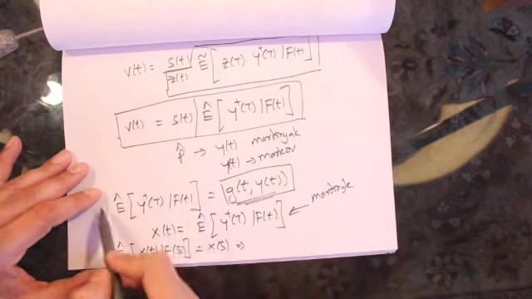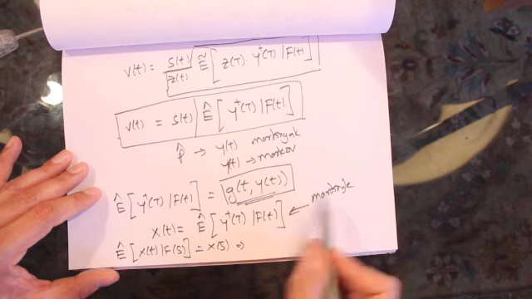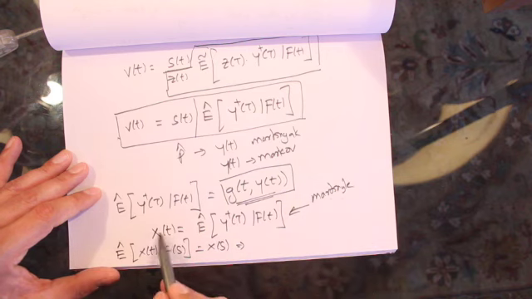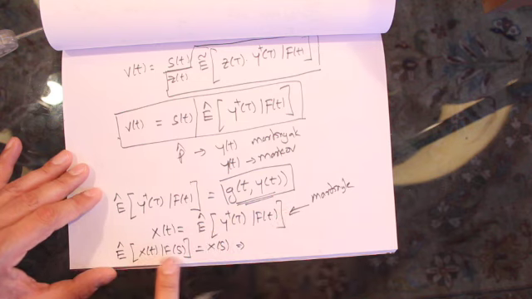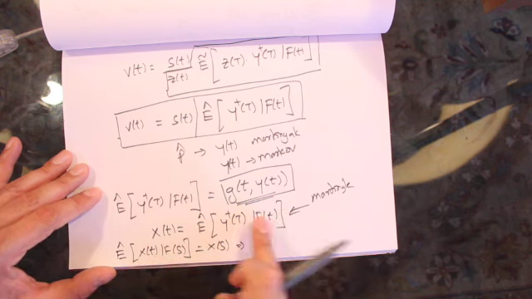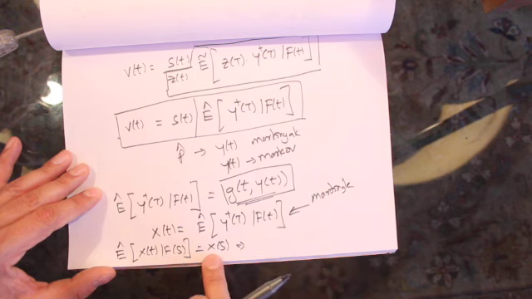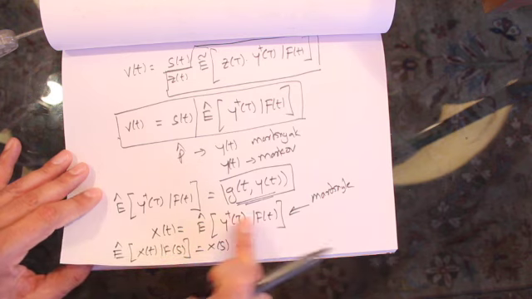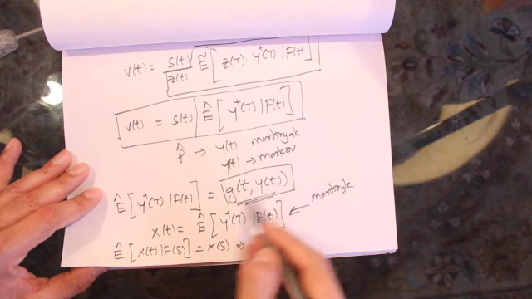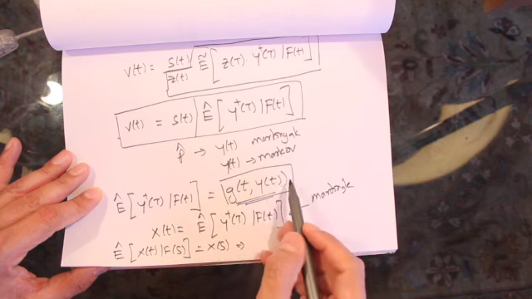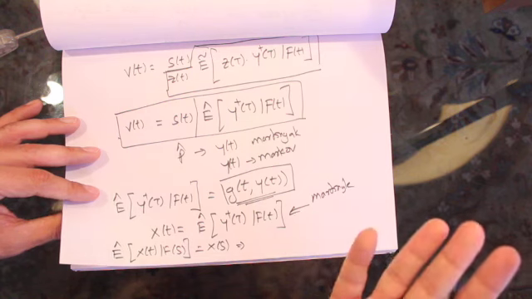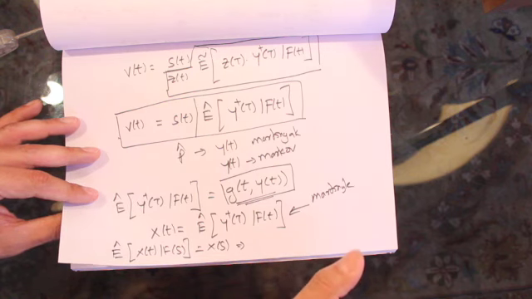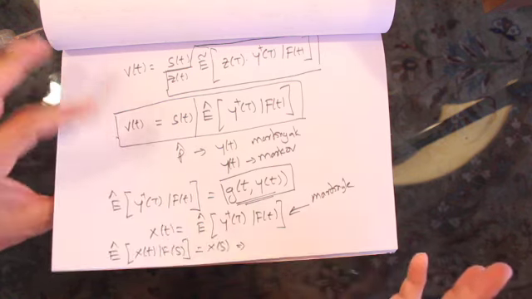Again, this expectation is a martingale, and we can see that by substituting x of t equal to this and then taking expectation given information at time s, and using iterated conditioning this becomes x of s. Hence this expectation is a martingale. So now because this expectation is equal to this function, we can take the differential of this function. When we take the differential of this function, we'll get a dt term and we'll set that to 0, and that way we'll get our